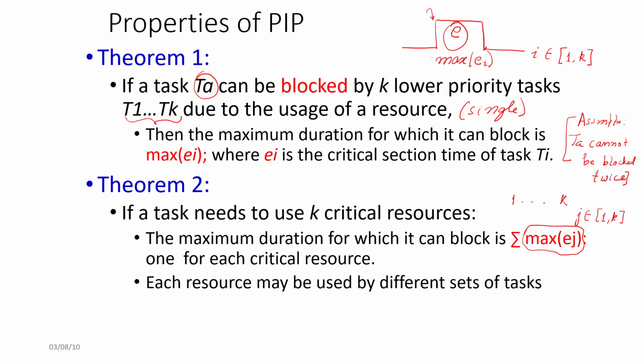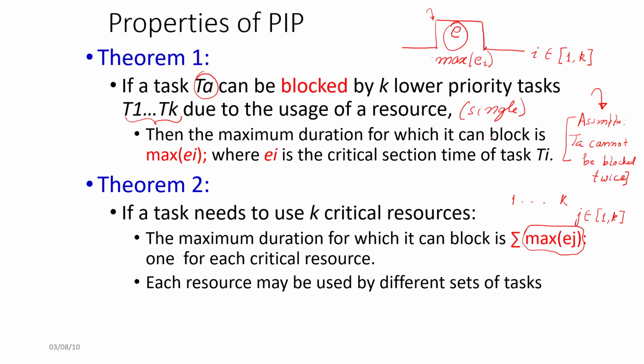Under PIP, the priority inheritance protocol, this will give you the blocking time. And of course, the key insight is something that we have discussed here, that a task cannot be blocked twice, right? So for any given resource, it can't be blocked twice. It's blocked once. The next time it will get it, and if there are k resources, it will get blocked a maximum of k times, and each time the duration is upper bounded by the duration of the largest execution